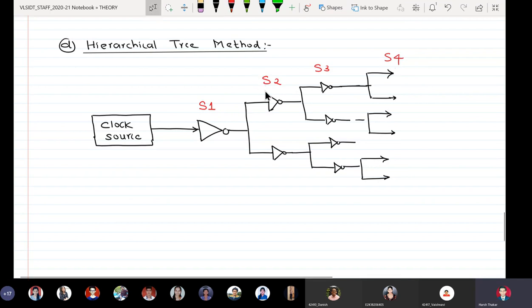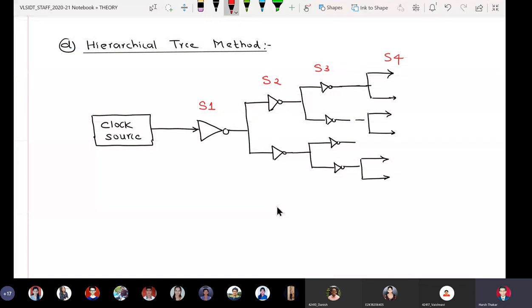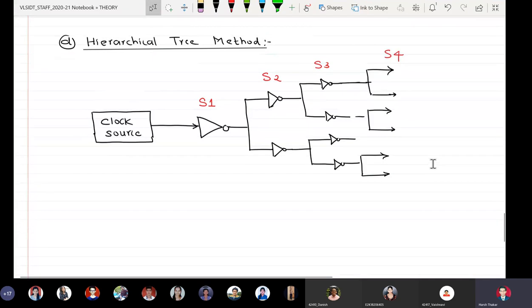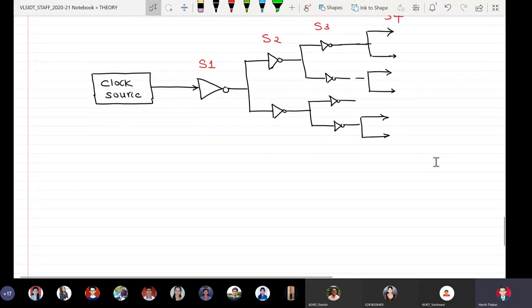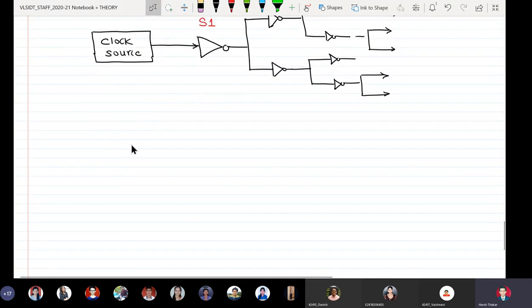So you have hierarchical tree method. There is a clock source. It is given to an inverter, inverting buffer having size S1. Then it is followed by level 2 in which both the inverters are having size S2. Then again they are given to another bifurcation with size S3 and S4. Okay, so according to the current requirements of the driven stage, we can actually change the size of inverters. Okay, so here there is a load.